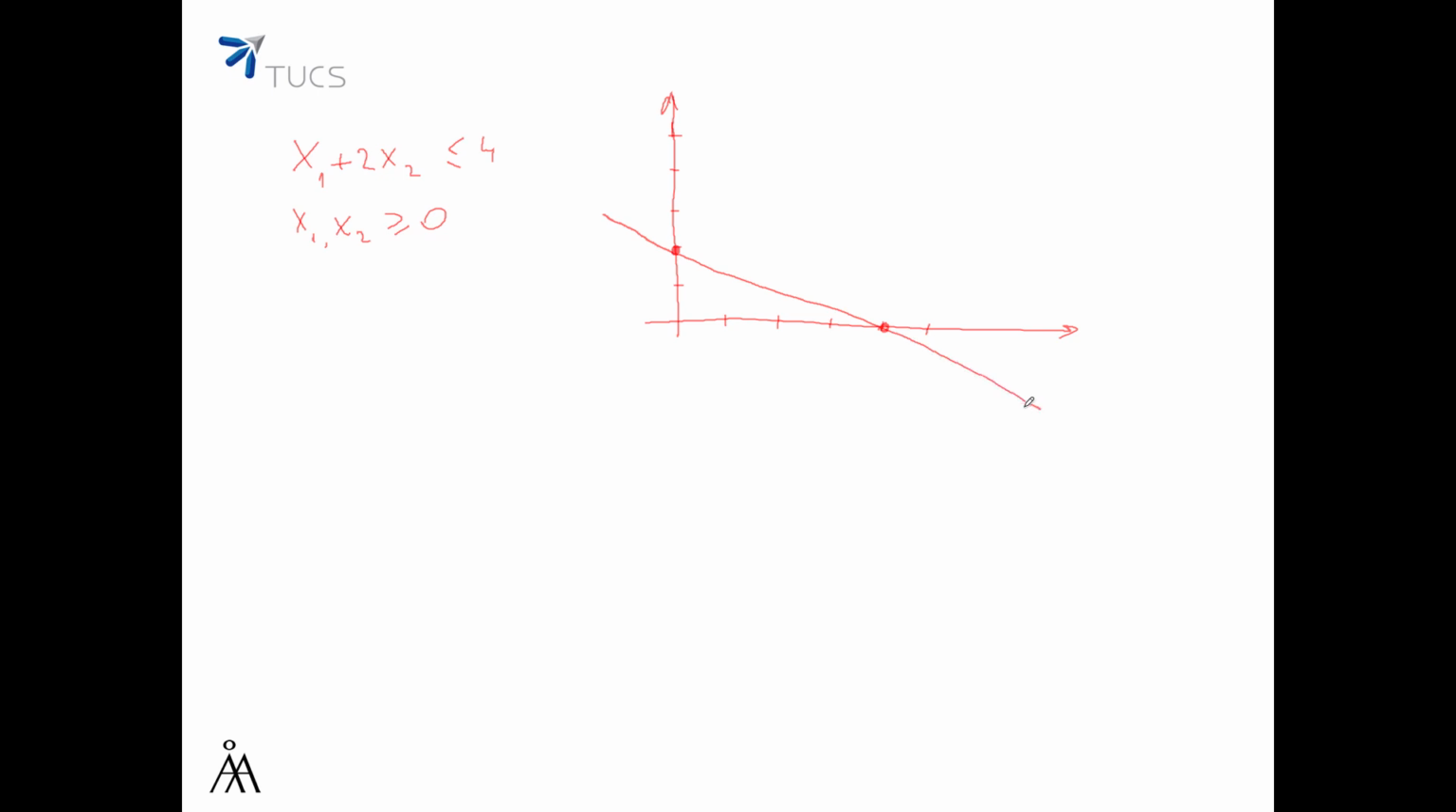This line splits the plane into two regions. In one of them, x1 plus 2x2 is greater than 4. In the other, x1 plus 2x2 is smaller than 4. And along the line we have the equality. To find out which region, above the line or below the line, gives us the inequality x1 plus 2x2 smaller than or equal to 4, it's enough to pick any point above the line and calculate the expression x1 plus 2x2. So let's choose, for example, this point here,